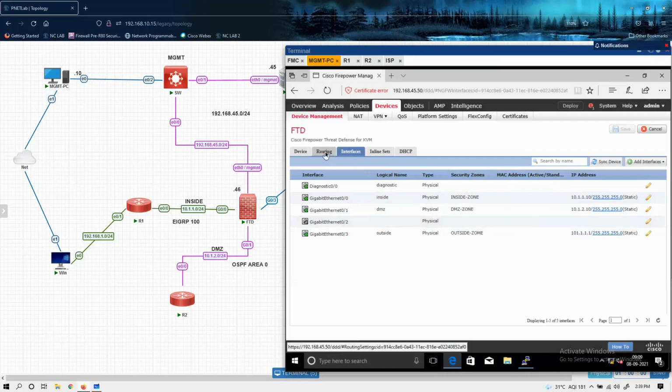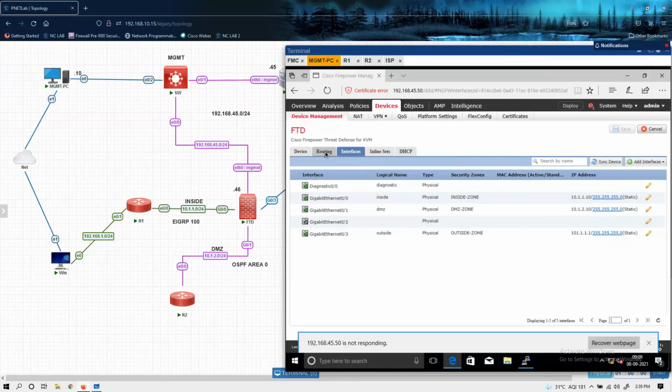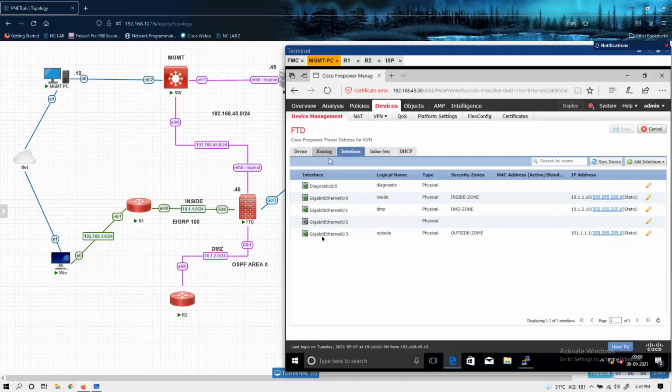Then we will also perform redistribution of the default route in EIGRP and OSPF. Okay, so let's click on the routing tab. It will open here.